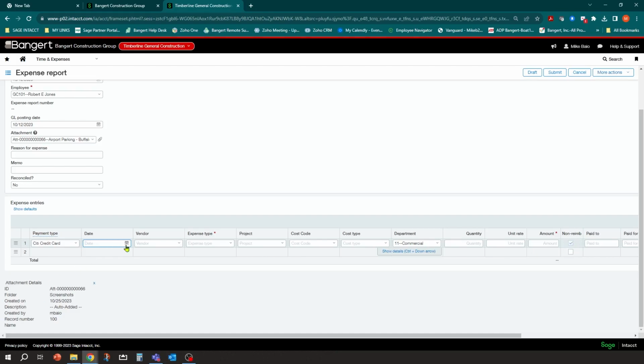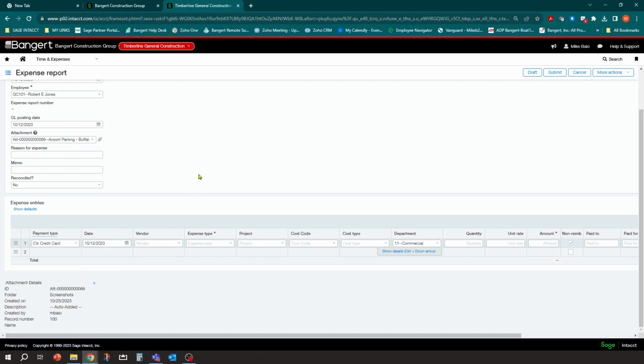And then you're going to have the ability to put a date in again. This date will be required. It does not pre-fill down here because technically you could enter one entry with multiple lines here and have different dates on there. If you get a batch of entries, you can do that as well, and you can put all your entries per line. So let's just say in this case, it is 1012 across the board.